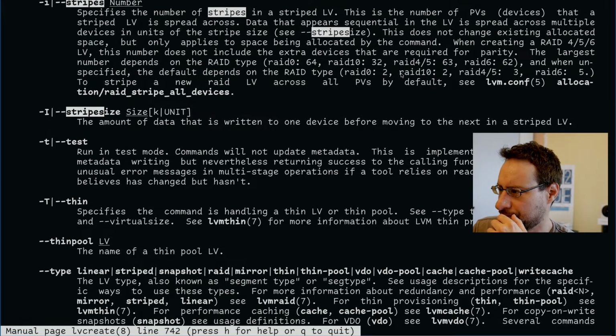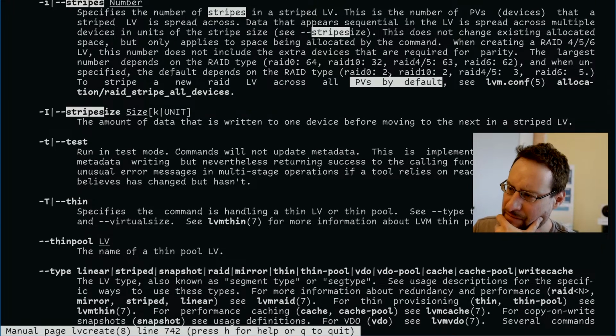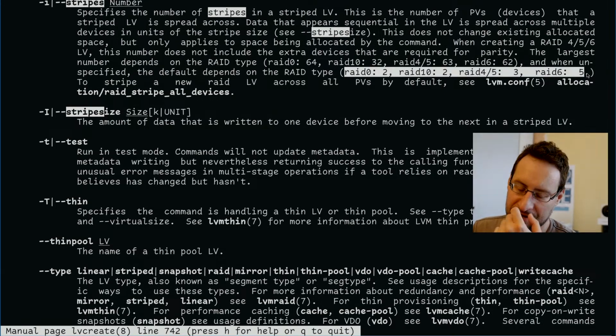RAID 10 to RAID 3 or 4, 3. RAID 6, 5. So basically they changed the default. I mean, maybe they changed it mostly for the RAID types, which makes sort of sense, but regressed, in my opinion, that